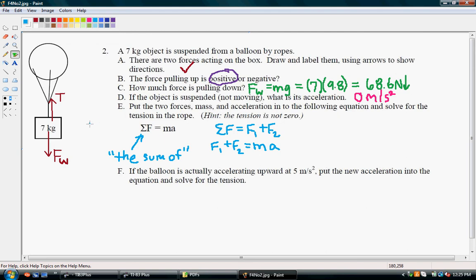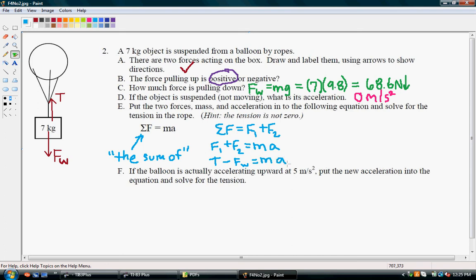Let's go ahead and put in our forces, F1 and F2. We could do either one first, but let's do tension since it's positive. We put positive tension, and then we add the force of weight. But since the force of weight points down, it is negative, so it's going to be minus the force of weight. And that equals mass